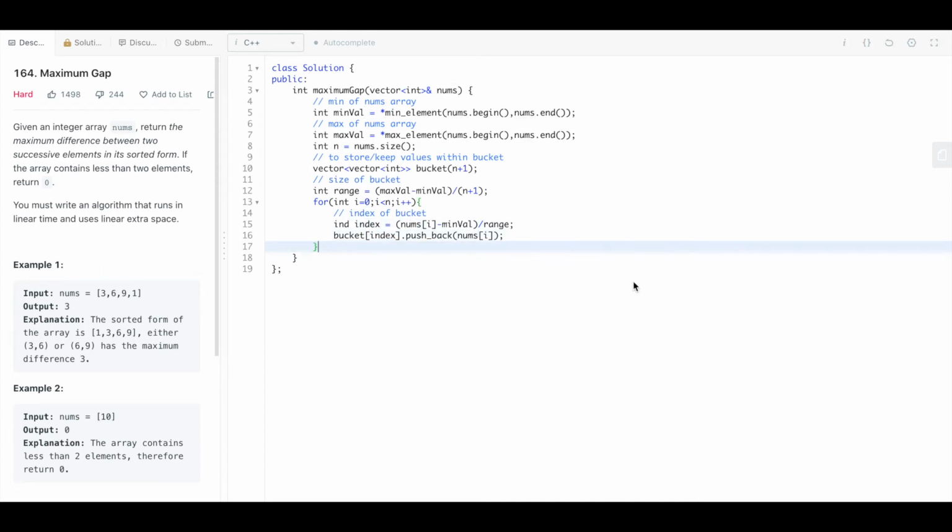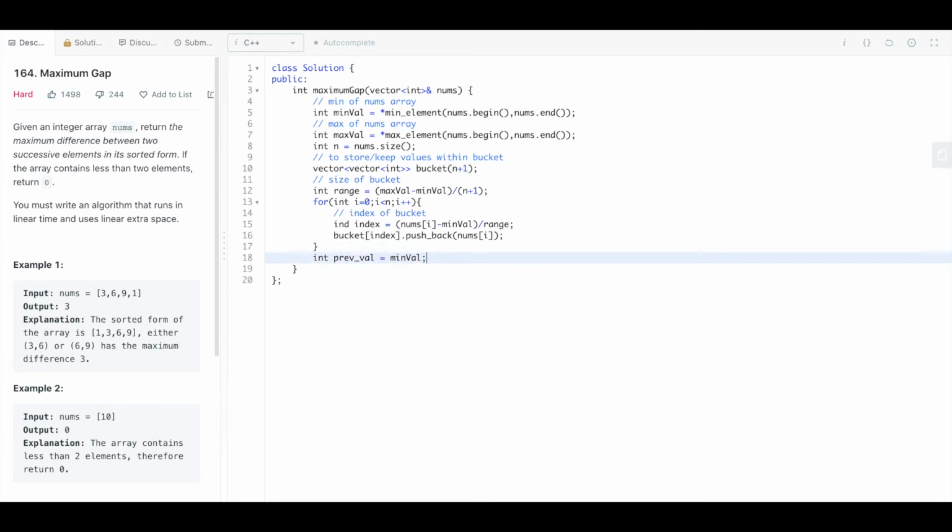And once we have the buckets, what I will do is traverse through all the buckets. Before this, I also want to keep one variable which will help me identify the previous value, like the largest number in the previous bucket. So I'll keep one variable here, previous value, and initialize it with min value. This will help me identify the previous value which has been encountered.